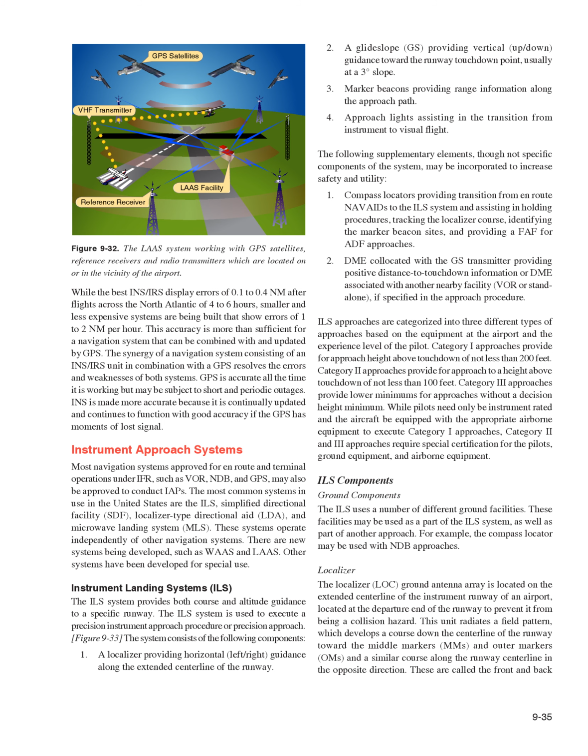Localizer. The localizer, LOC, ground antenna array is located on the extended centerline of the instrument runway of an airport, located at the departure end of the runway to prevent it from being a collision hazard. This unit radiates a field pattern, which develops a course down the centerline of the runway toward the middle markers, MMs, and outer markers, OMs, and a similar course along the runway centerline in the opposite direction. These are called the front and back